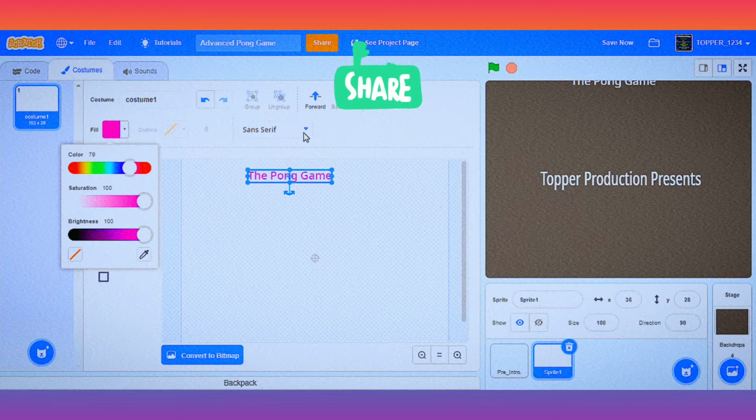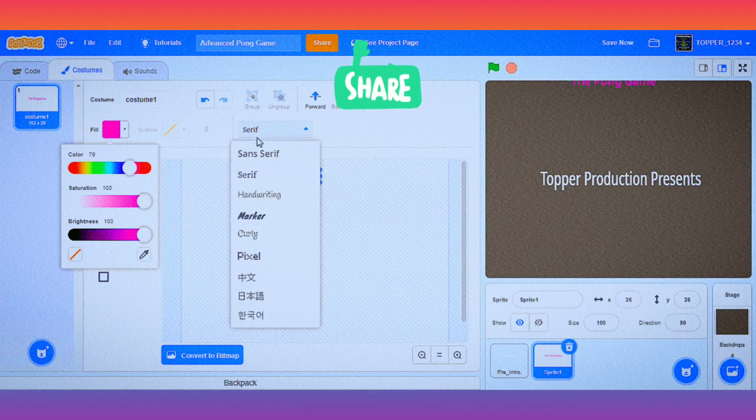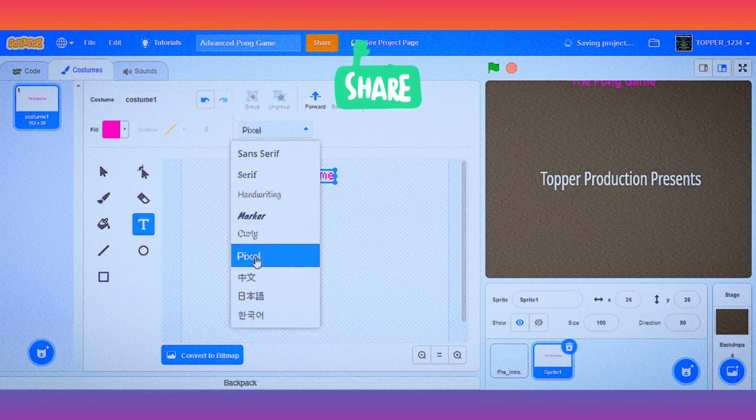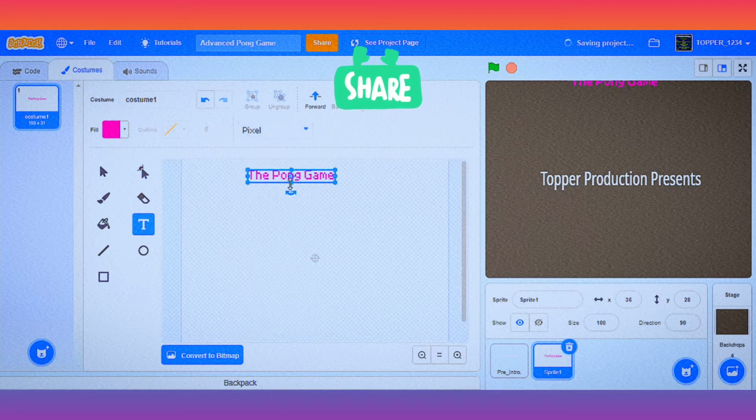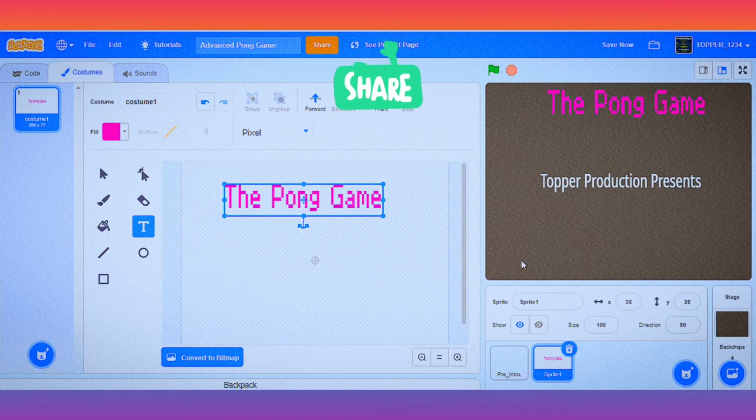I'll change the writing to pixel. Yes, now it's looking as if we are in a game. Yes, that's looking great. I'll name this here also as title.